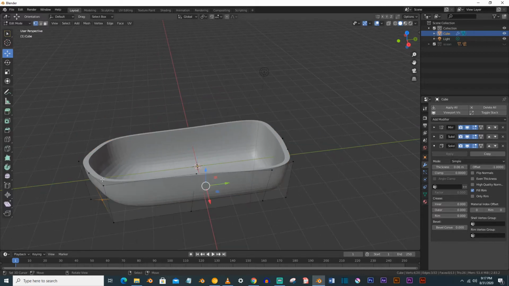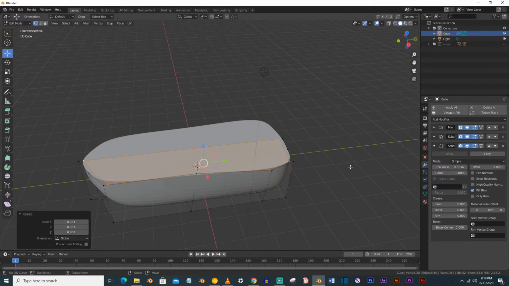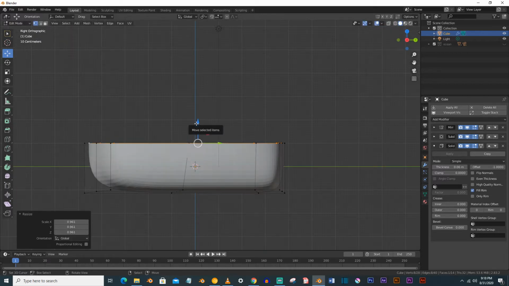Go to the edit menu and select the upper faces and Shift D, and press F to fill and S to scale down this face and just move it a little bit downward.